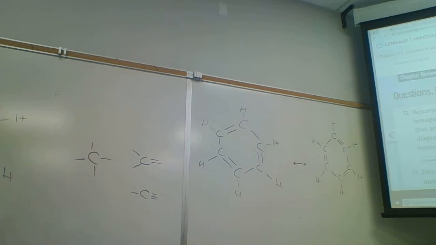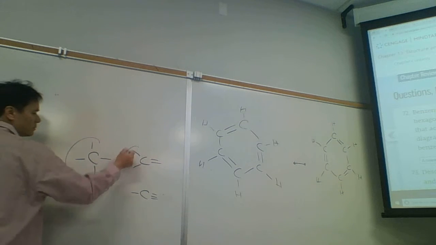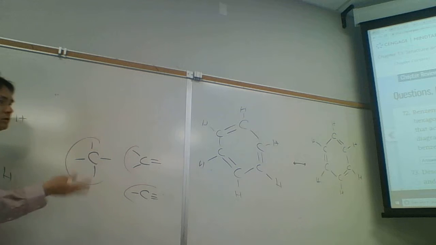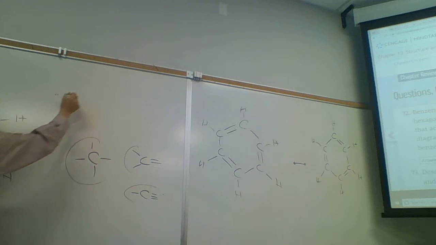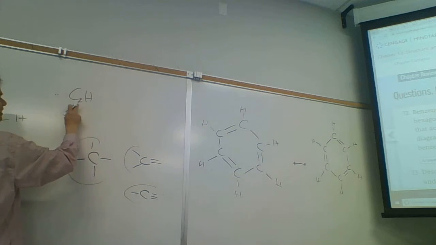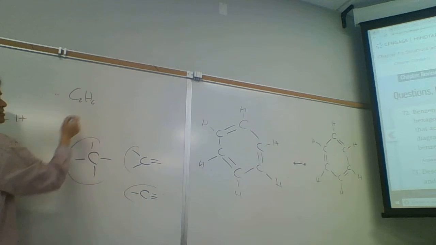So this is kind of a cheater. When you get to organic, then you know it's going to be like this, like this, and like this. And then once you know how many hydrogens there are to fill things in, then you can figure out how many bonds you need. So for example, if I do C2H6,